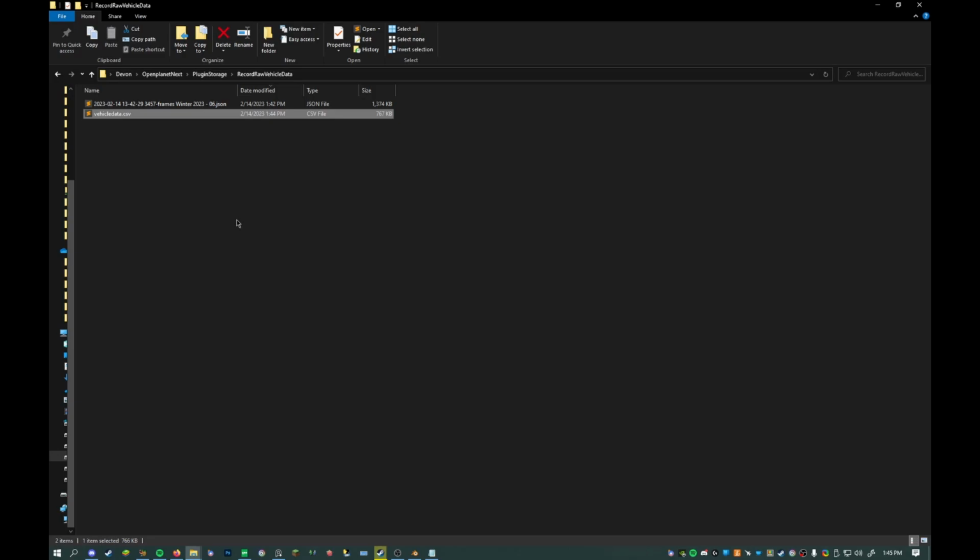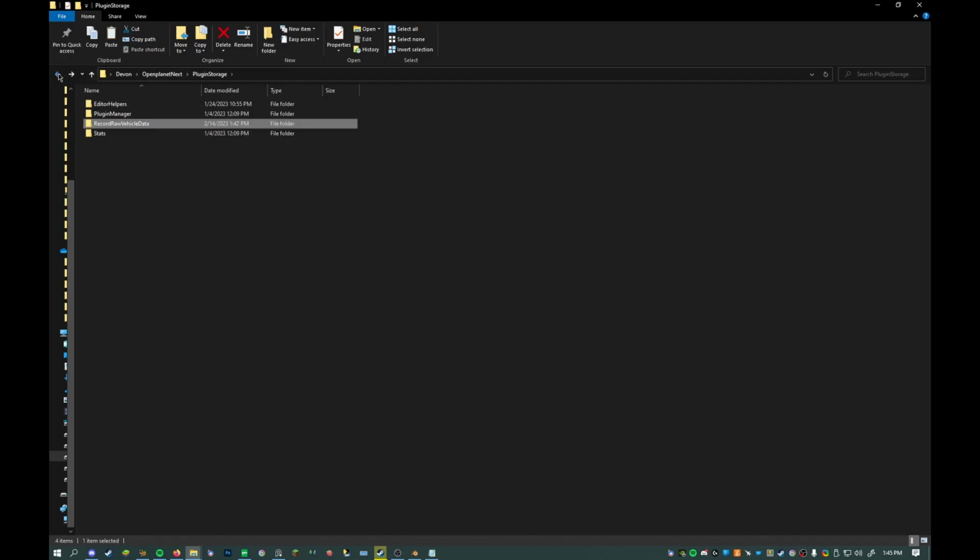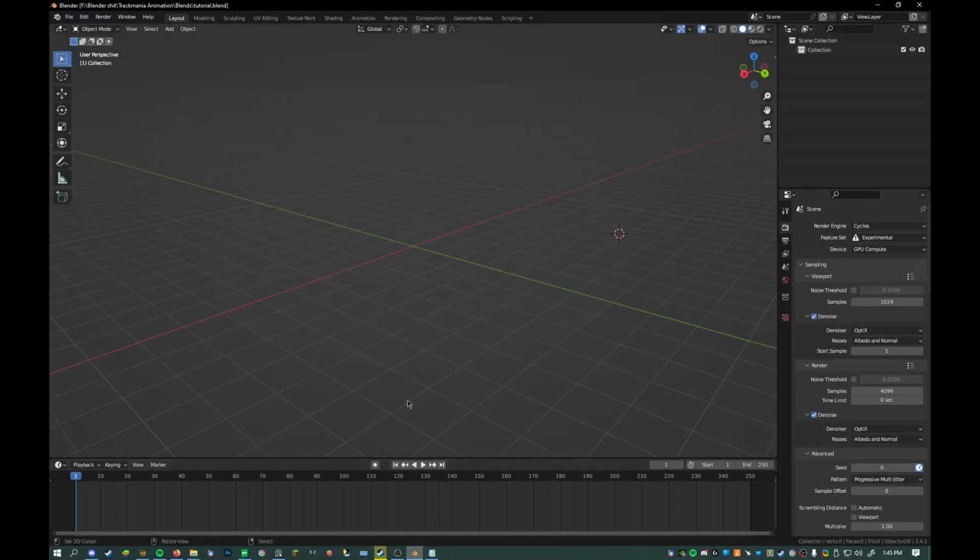And you're going to want to place it next to the blend file that you'll be using. There it is. So I'll be using tutorial.blend. Just make sure these two files are next to each other. And then you can open up Blender,